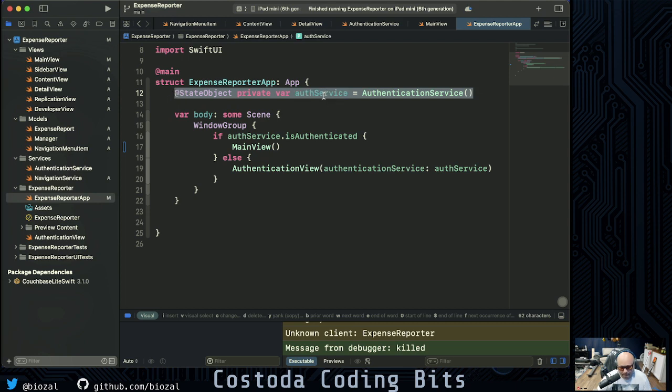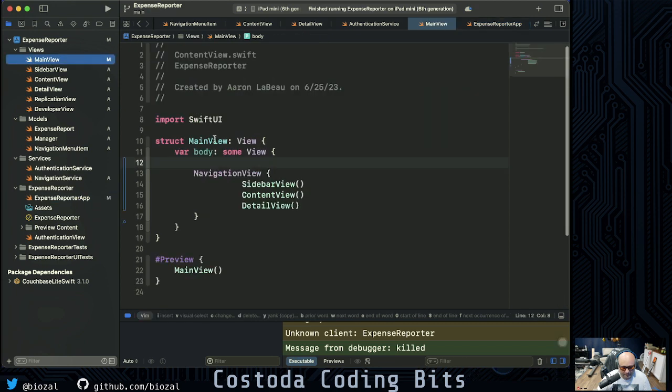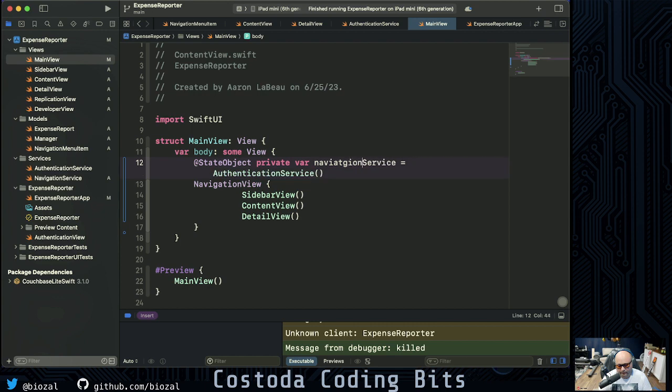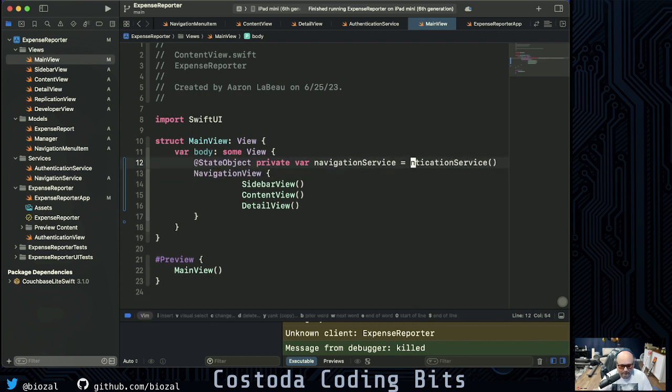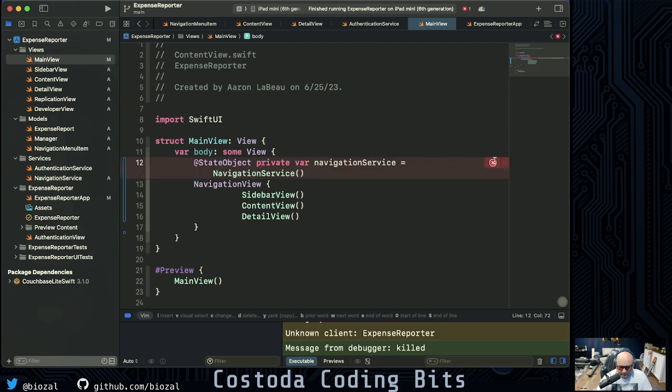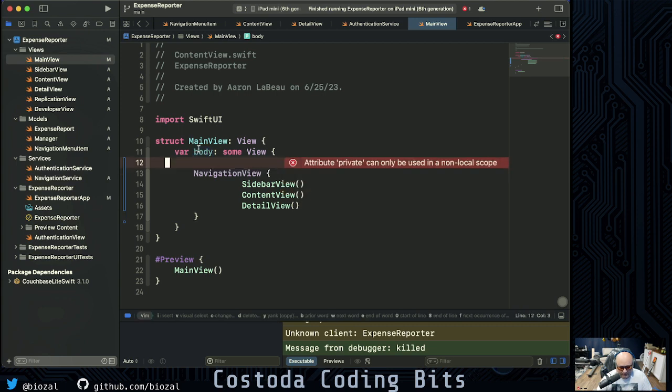So we're gonna make the state object just like we would there, but we'll put it in main view instead. So we'll make a state object here. We'll say this is going to be navigation service. And then we're gonna say this is a new navigation service. And we could even set the service, I think. Let's see here, what's it about now? Private can only be used in non-local scope. Oh, yeah, they set it outside the